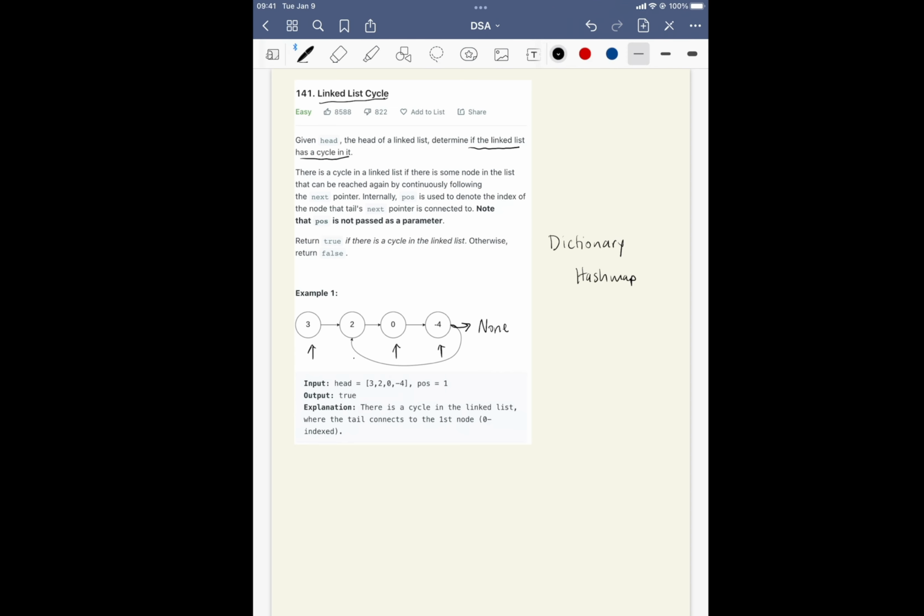But if you use a dictionary, then that's extra space. It's going to be O of n time, but also O of n space, because you're going to need to make a dictionary, and you're going to have as many elements in the dictionary as there are nodes. So that's going to be O of n space. So the question is, can we do better than this? And we actually can. We can find a solution that is O of n time and O of 1